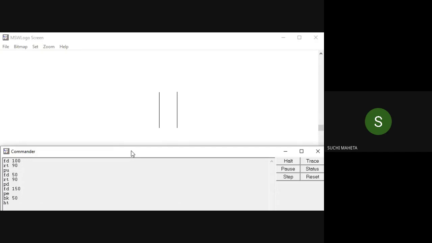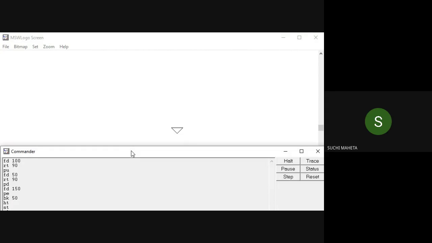Okay. So this is the way you use pen up, pen down and pen erase commands. Fine. I want to see the turtle, show turtle. Now in this chapter, we have already learned clear screen, clear text, hide turtle, show turtle. Pen up, pen down and erase we have seen just now. A very important command is clean. When I do clean, let us see what happens. CLEAN is the name of the command. See, there is clear screen, clear text, and the clean command.